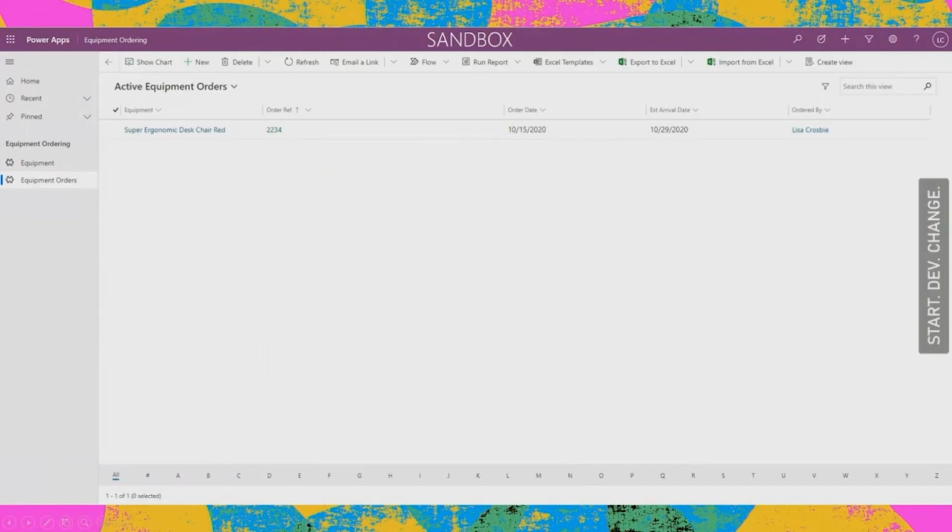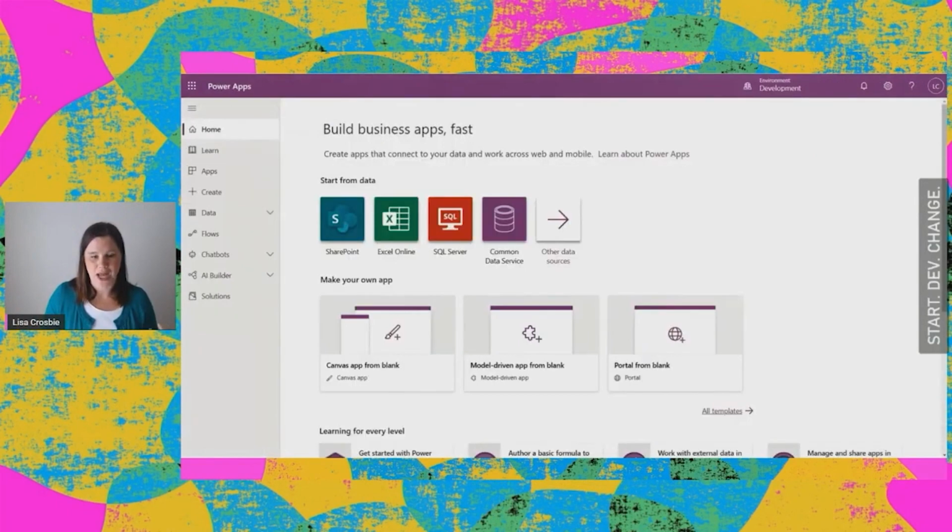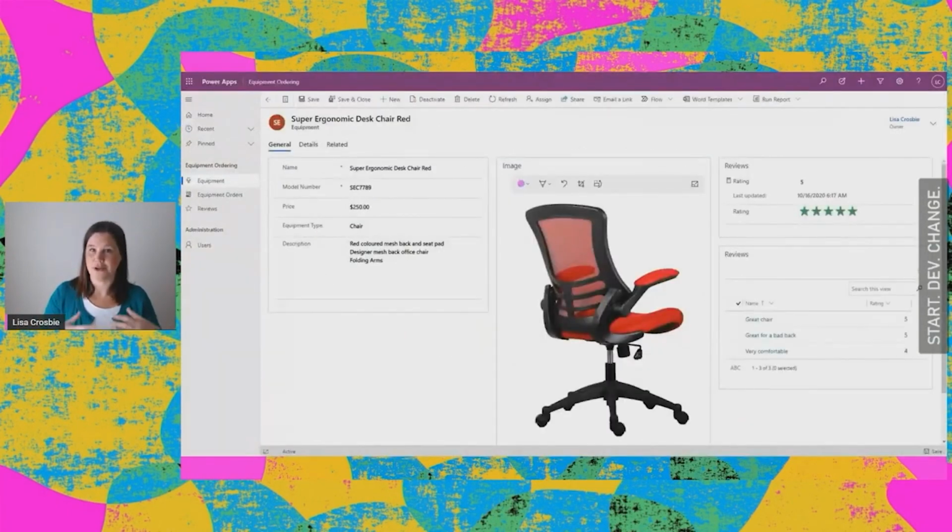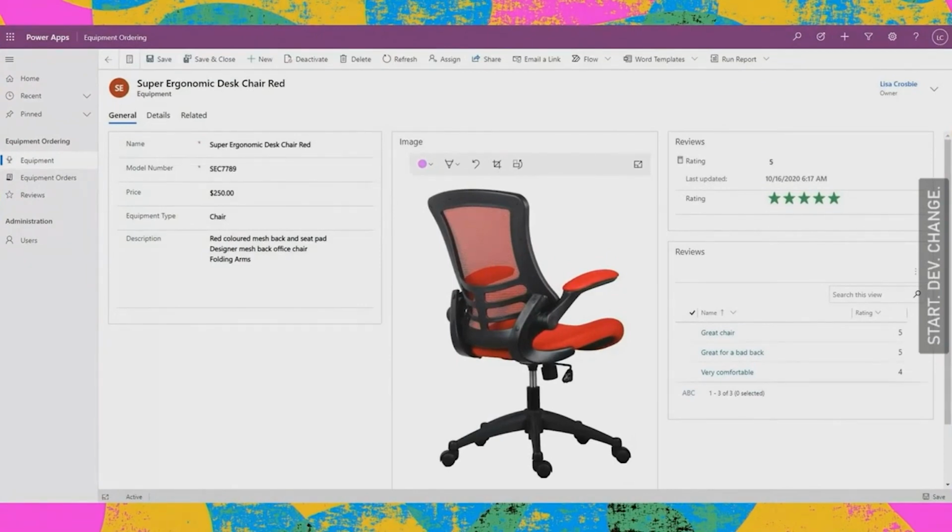And then the next thing we see is that you can start to flesh out your app a little bit more than that if you want. So this is what I've done, beyond the 15-minute initial demo, but you can start to bring other things in here as well. So for instance, this is now a fleshed out version of that equipment entity where I've brought in an image. I've put in a nice related thing about reviews. Maybe people internally are reviewing things. We can display that with a nice